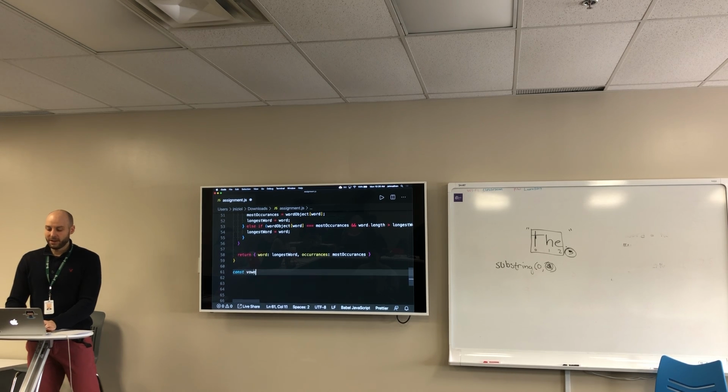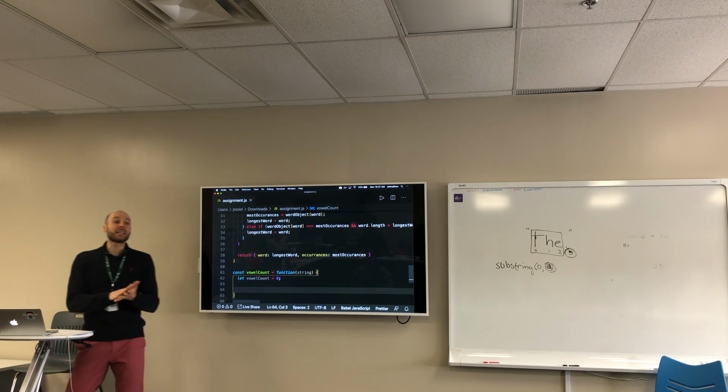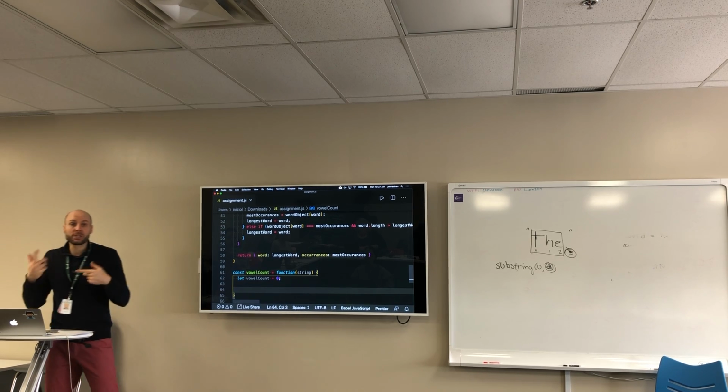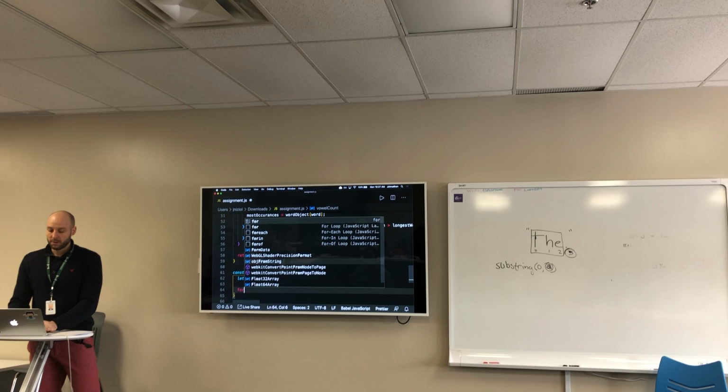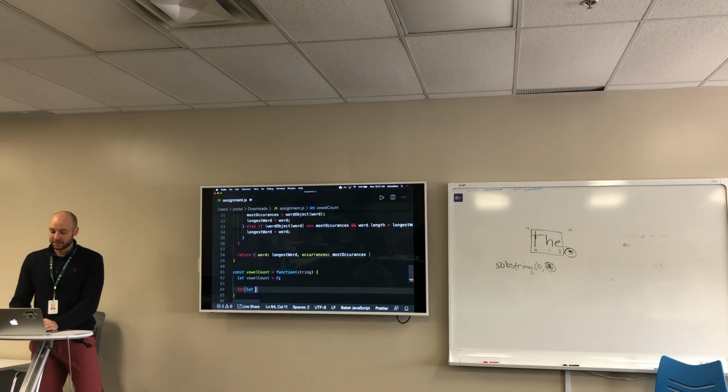Const vowelCount equals function. Take a string. And we'll start our vowel count at 0. We'll go through each character in the string. Strings can be treated like arrays with for loops. So we can loop through a string with a for loop. What's that? Can you do for-of? Never tried that. For let character of string,